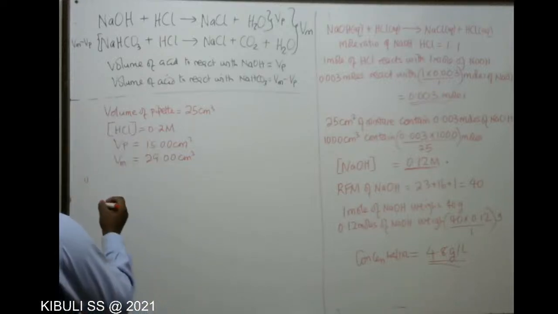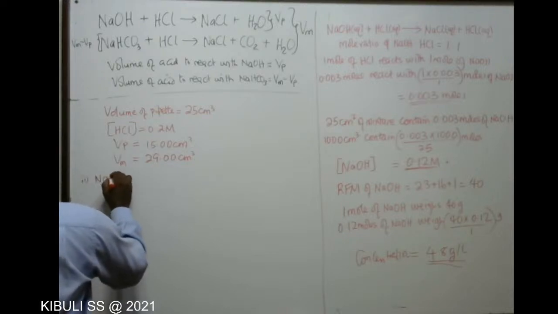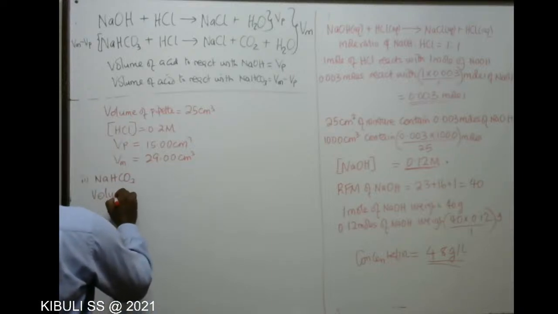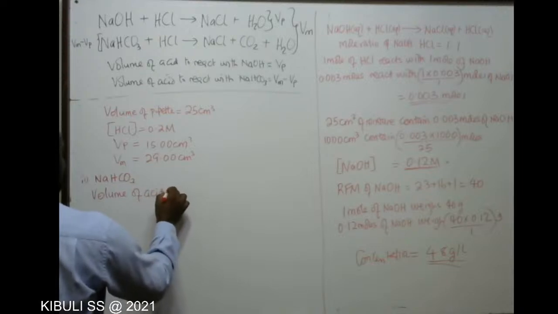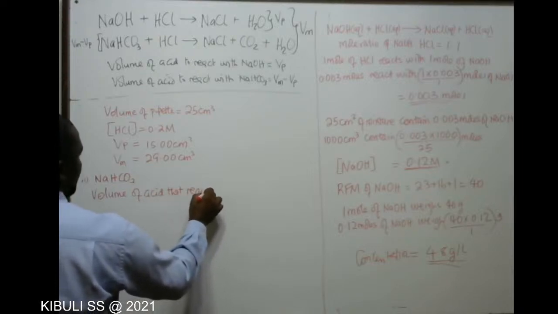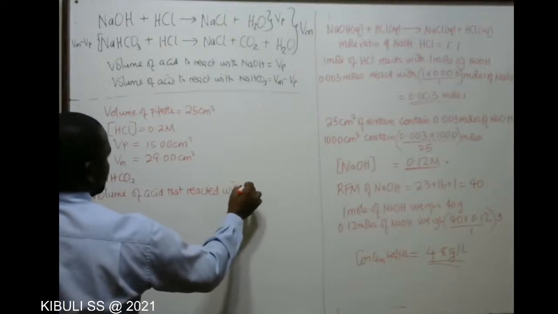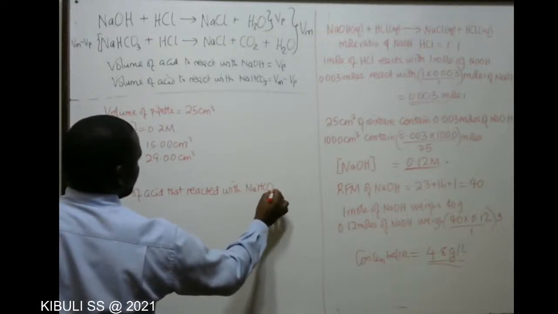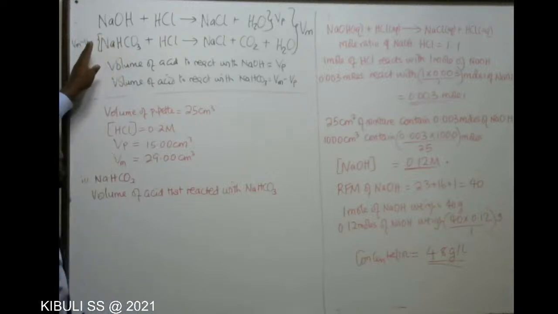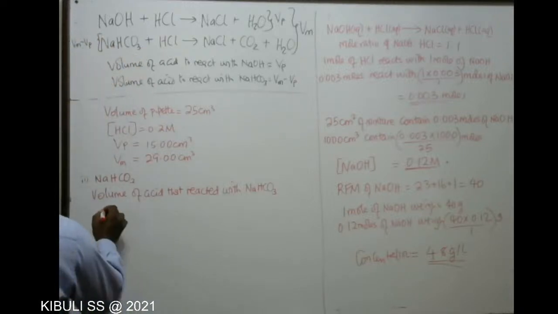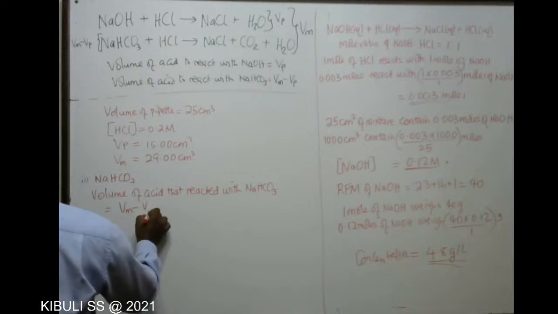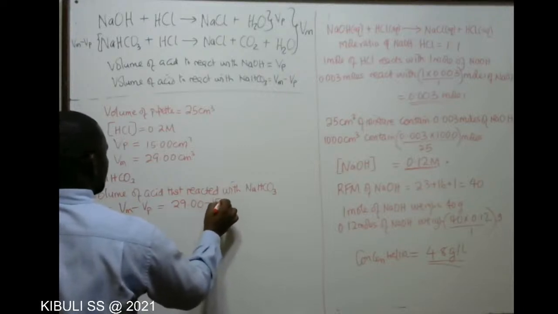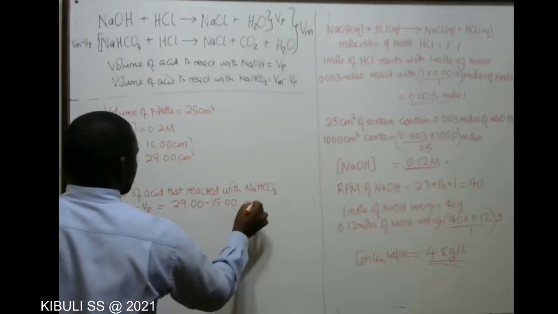And say, now we are dealing with the sodium hydrogen carbonate. They say that the volume of acid that reacted with the sodium hydrogen carbonate, according to this mixture, this is a titrate for a titrate mixture. So this will be Vm minus Vp, and therefore we shall have 29.00 minus 15.00. This gives us